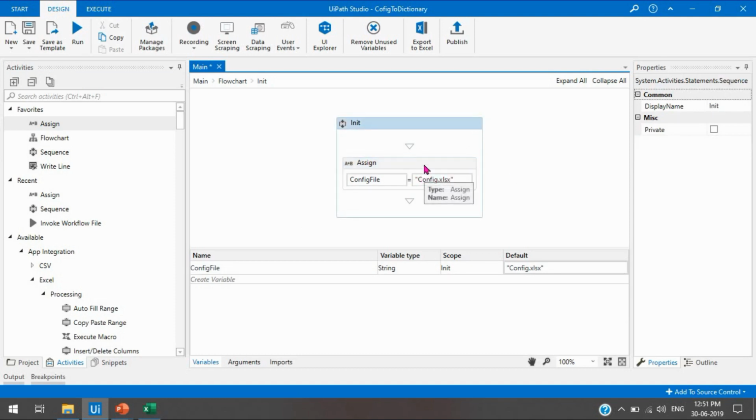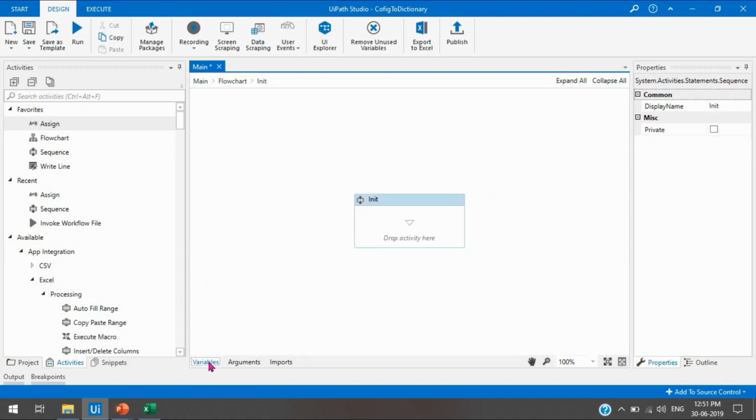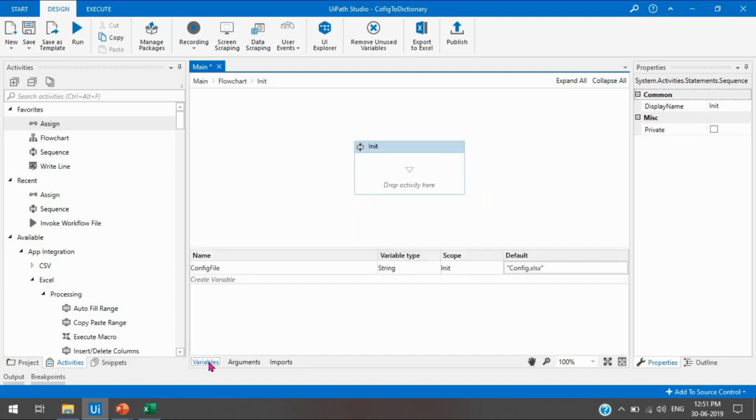If we take this, then the user will be able to see that we have taken one variable for this file name, and if we are not taking it here, then this will not be directly visible to the user. Once we click on the variable, then we'll be able to see that this is the variable used for the config file. So it's up to you. You can use this, or you can directly take one Assign activity also.